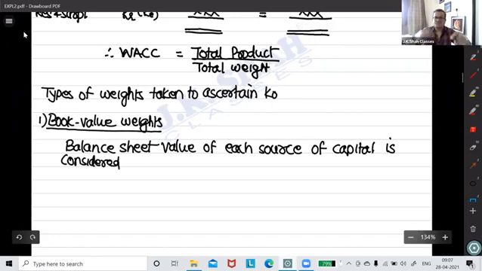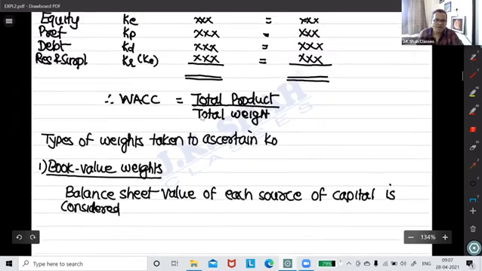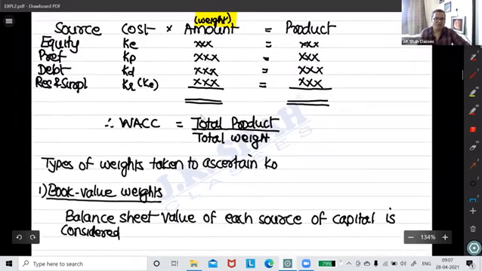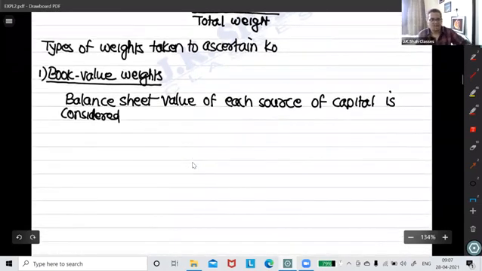Means when I'm writing these amounts, book value Ko means what? Open your balance sheet, copy the amounts from there to here. Balance sheet equity value, preference value, debt value, reserve value. Copy, right? Book value Ko. Number two,